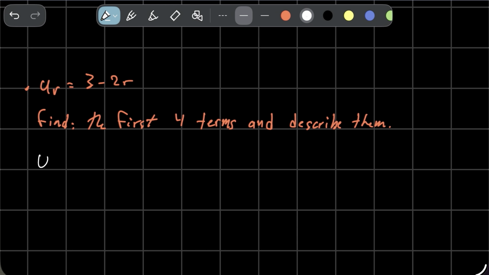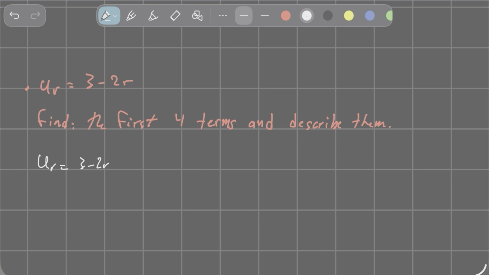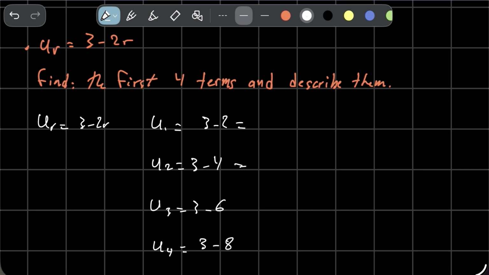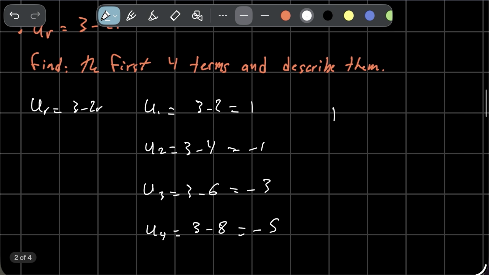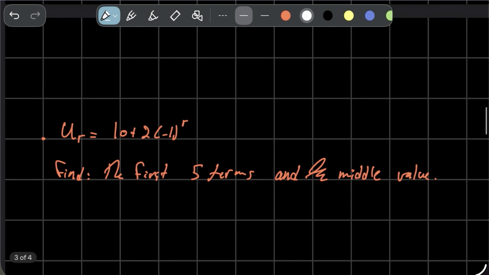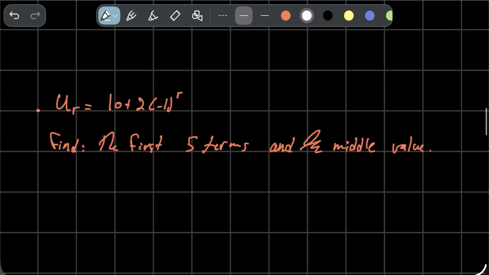We have u_r equals 3 minus 2r, and we want to find the first four terms, which are 1, -1, -3, -5. So this is, of course, decreasing. Okay, for the second example, we have u_r equals 10 plus 2 times (-1)^r, and you want to find the